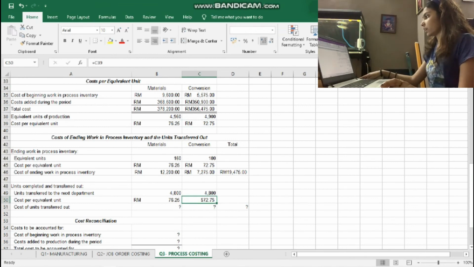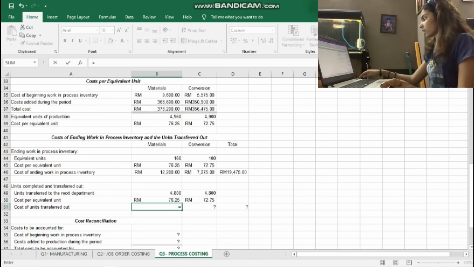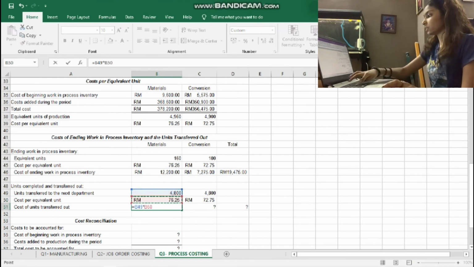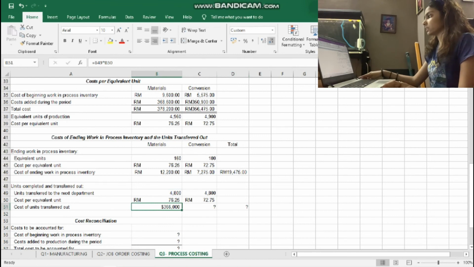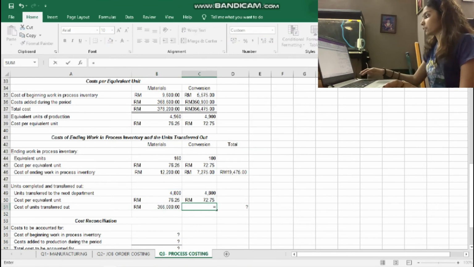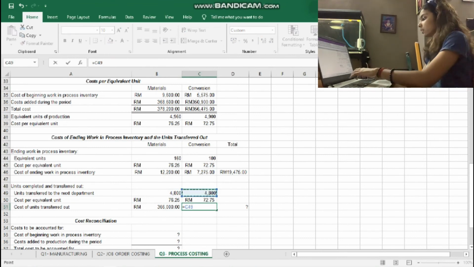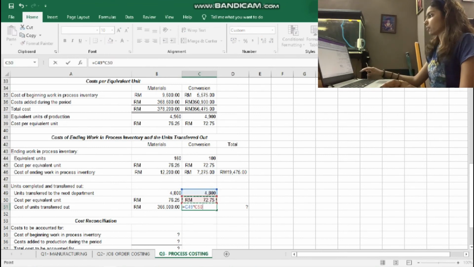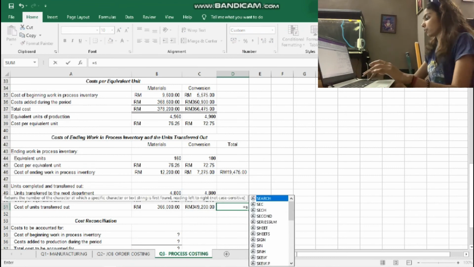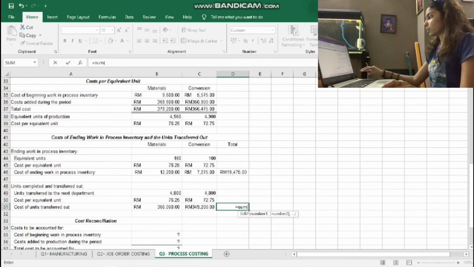Okay, then for cost of units transferred out, we have to times both of this, 4,800 times with 76 ringgit 25 cents, we will get 366,000. And then for conversion, same, 4,800 times with 72 ringgit 75 cents, we will get 349,200. And then we have to total both of this, so we will get